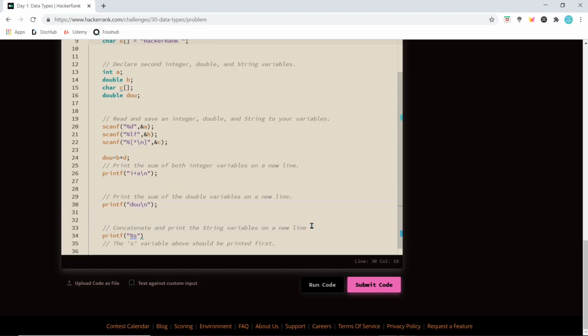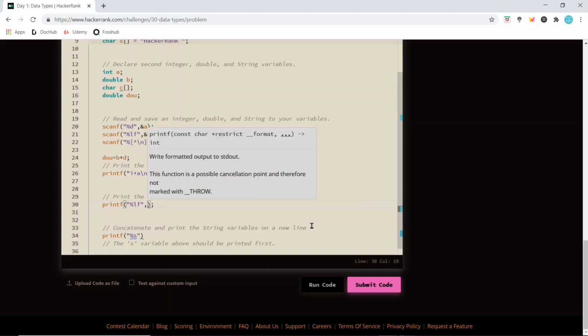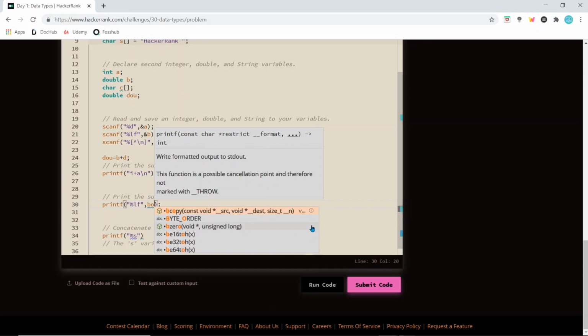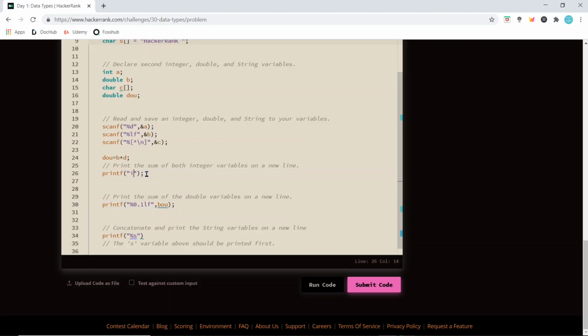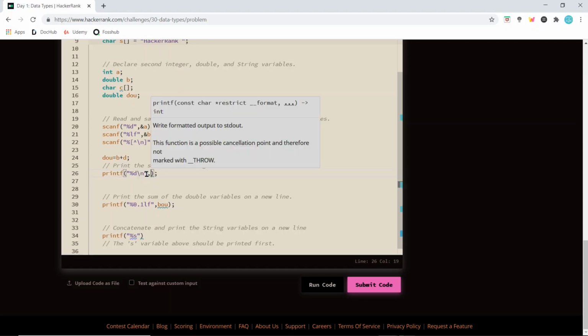So here we'll put %lf, put a comma, and then write dou, and put 0.1 here because we have to print that only up to one decimal place, right? So we'll put that here, and we'll remove this and put %s, and backslash n. Then we have to give a comma and then print i plus a.